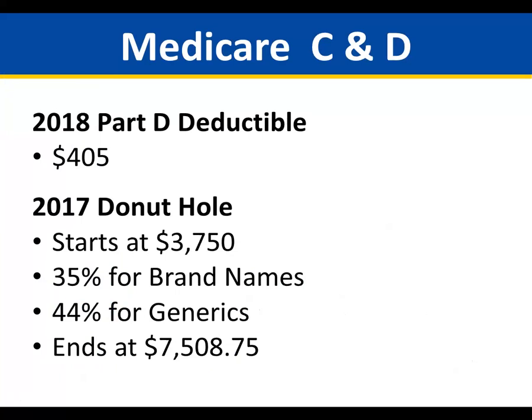But we do have new donut hole or coverage gap numbers. So the donut hole starts, think of it as the full cost of your medications. Don't worry about what the beneficiary is only paying to the pharmacy. Think of it as the full retail cost of those medications. When it reaches $3,750, the beneficiary is responsible for 35% of the brand name medications and 44% of their generic medication costs. In order to get out of the donut hole, that $3,750 has to increase to